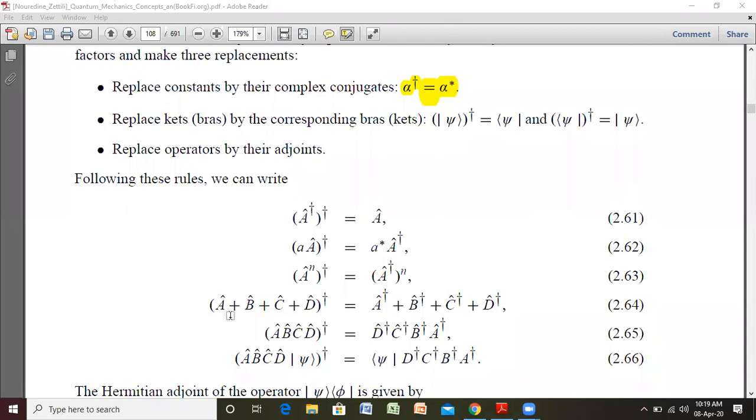अच्छा, फिर इस तरीके से अगर हमारे पास एडिशन हो मुख्तलिफ ऑपरेटर्स की, ठीक है, मुख्तलिफ ऑपरेटर्स ऐड हो रहे हैं, A, B, C, D ऑपरेटर्स अगर ऐड हो रहे हों तो फिर क्या होगा? फिर हमारे पास ये होगा कि इनको हम इंडिविजुअली भी इनका डैगर ले सकते हैं। यानी कि अगर आप ये देखें कि A, B, C और D इनके डैगर्स हैं तो हम A डैगर अलग ले लें, B अलग ले लें, C अलग ले लें और D अलग ले लें और इन तमाम के डैगर्स को ऐड कर दें